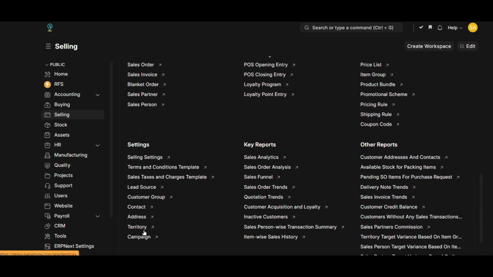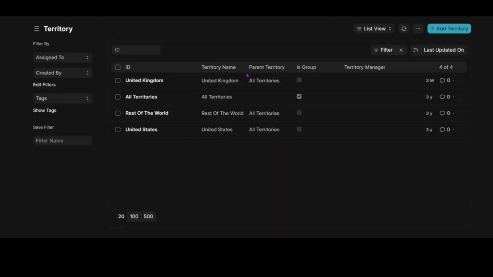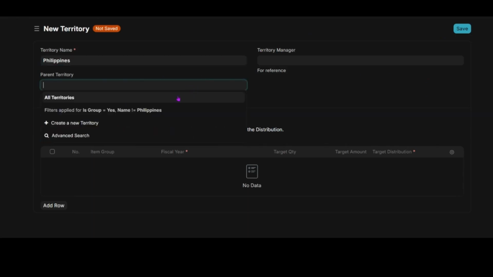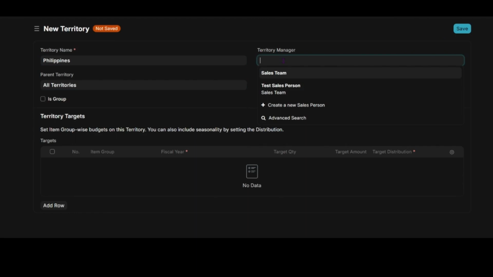Territories help you segment your customer base geographically or based on specific criteria for targeted sales strategies. To create a new territory, click on the Add Territory button to start defining the territory details. Enter the territory name, specify the parent territory if applicable, and select the territory manager who looks after the sales